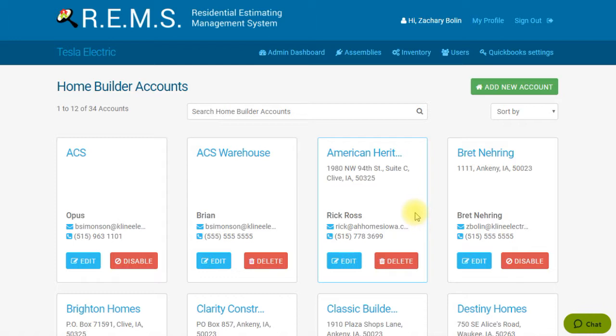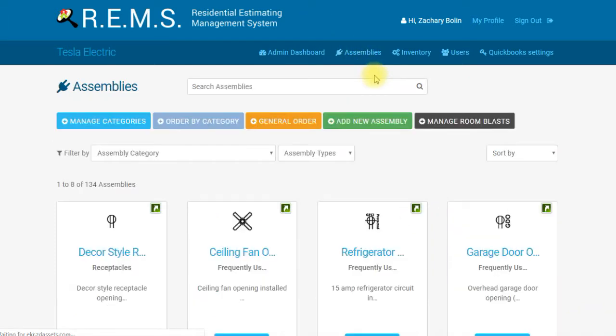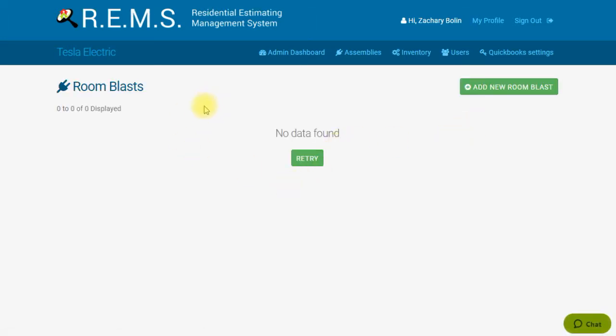So the first thing that we're going to do is, when we're logged into REMS, go to our assembly screen. Now on the assembly screen, you're going to see a new button. It's this black button here that says Manage Room Blast, and you're going to click on that. Now, when you first set up, you're going to see that there are no room blasts that have been set up. So what we want to do is go over to this new button that says Add New Room Blast. We're going to click on that,